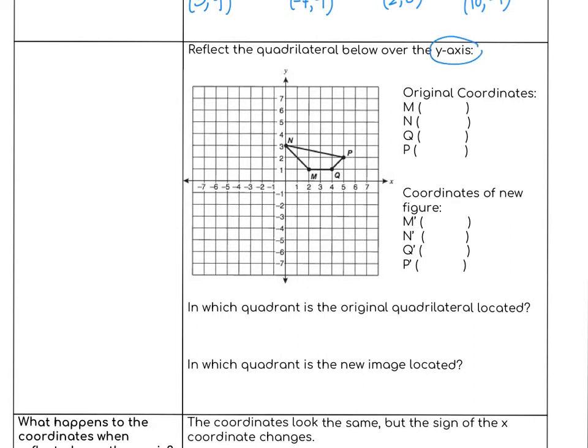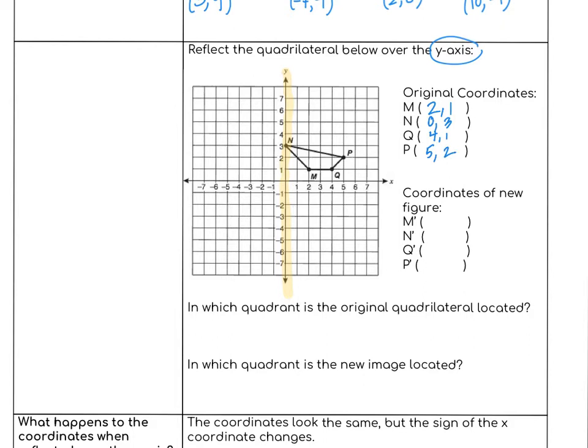So let's go ahead and label the y-axis. That's what goes vertically, goes up and down. Okay, so we are going to reflect this quadrilateral onto the left side of the coordinate plane. But first, before we do that, let's write our original coordinates. So M is at (2, 1), N is at (0, 3), Q is at (4, 1), and P is at